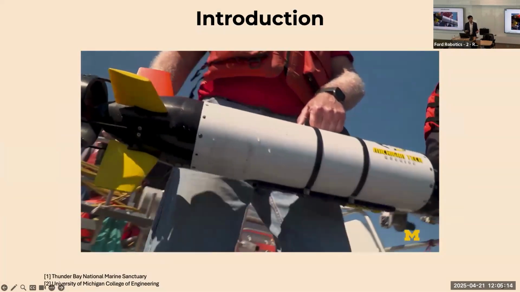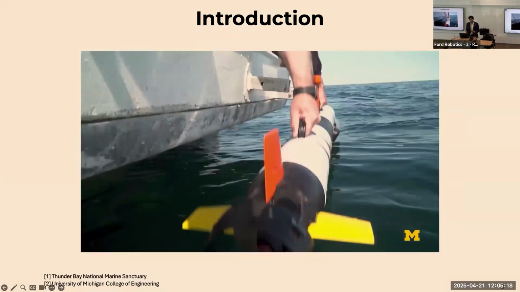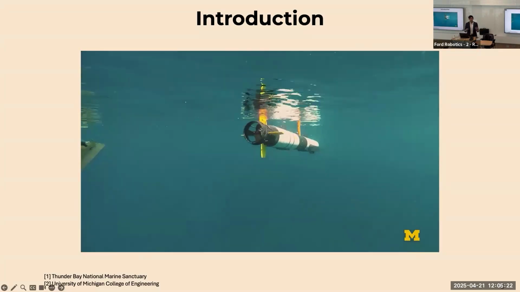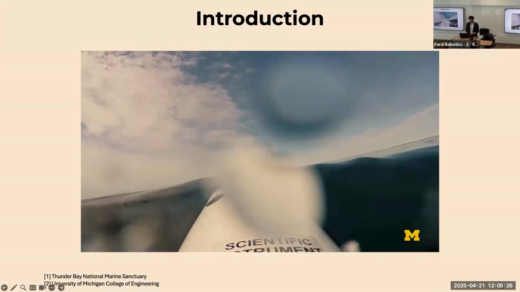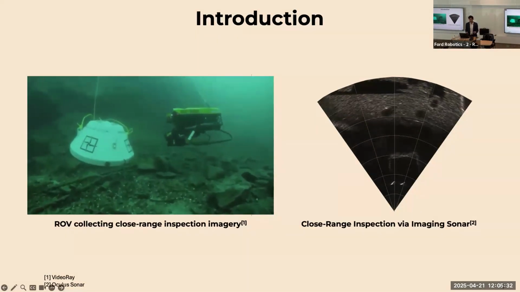So let's take finding an object and mapping it, for example. Traditional remote sensing methods like satellite imagery do not penetrate deep into the ocean to give you high-resolution maps. This prompts the use of autonomous underwater vehicles, as pictured here, and to use specialized sensors like sonar in order to get better imagery. Once an object is found, a diver or ROV can be deployed to get a closer look.